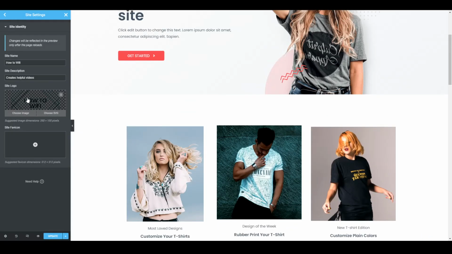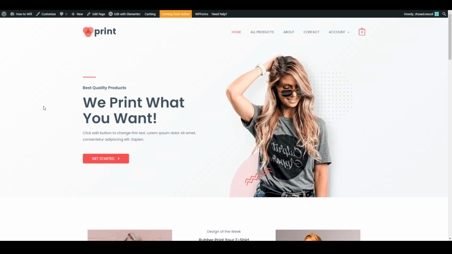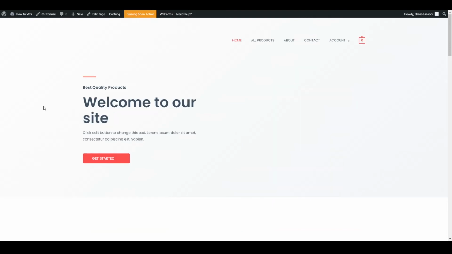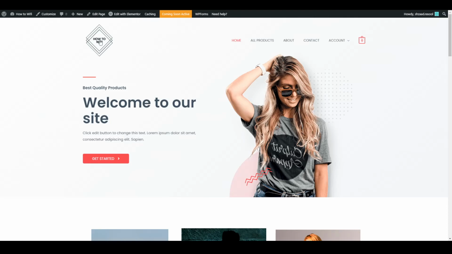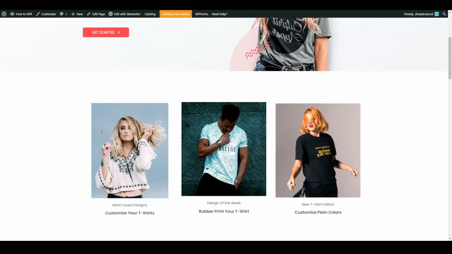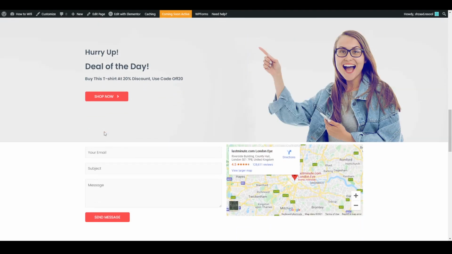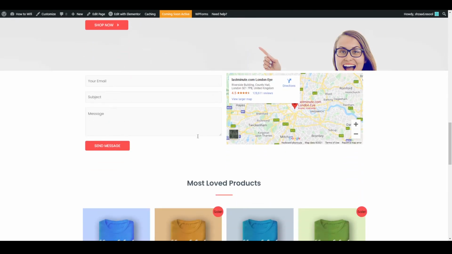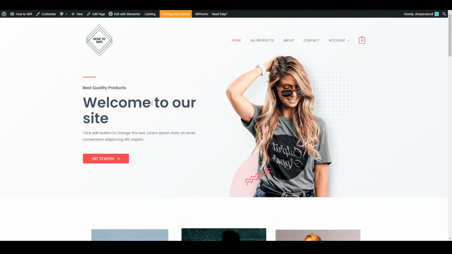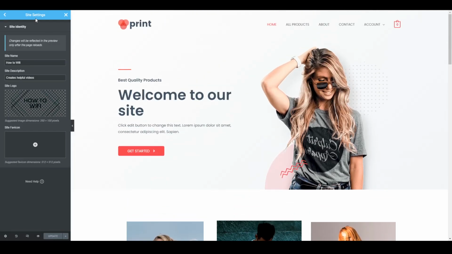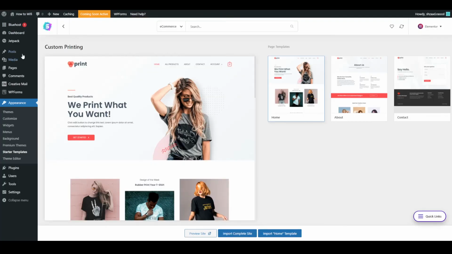So I have put a logo, and here you can change your site name or site description, but I'm going to keep this as it is. You can preview the changes, or let's refresh the page to see the changes. Here you can see here is our website logo, and here is all the changes we have made. As you can see there is our contact form, and now let's go to the admin panel, back again,